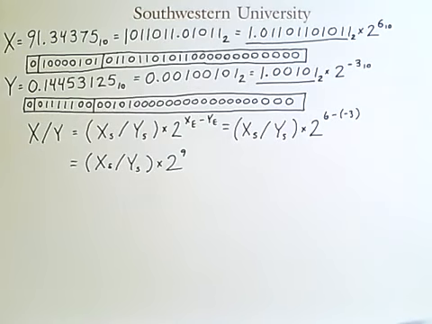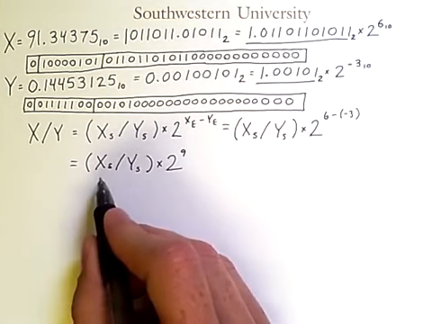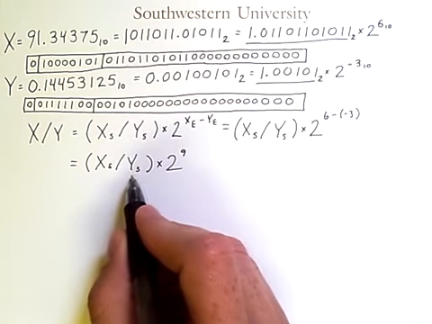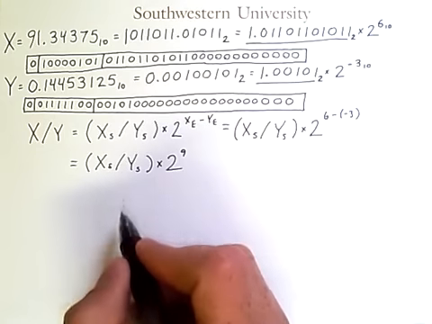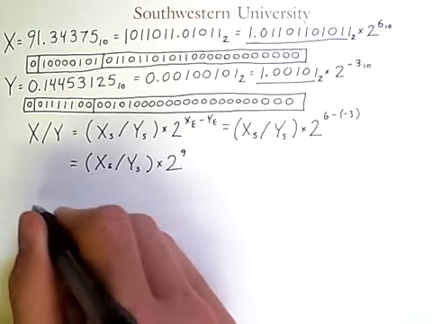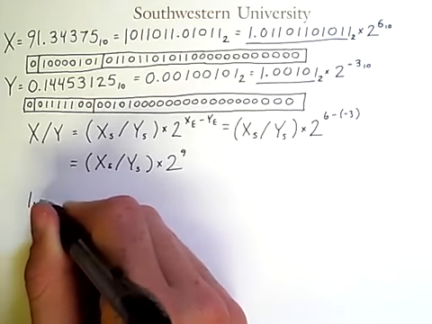So let's see how you would do long division in binary. We're doing x divided by y, so we want to see how many times y's significand can fit into x's significand. So I take y's significand, put it here,